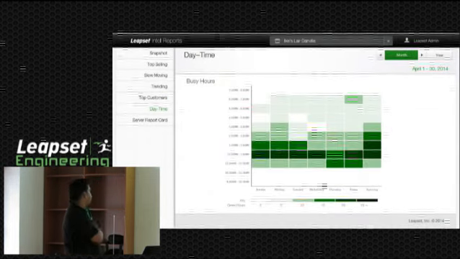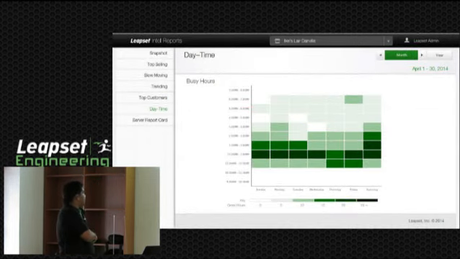And this is one of the daytime, busy hours feedback graphs. Here you can see the coloring is how many orders per hour for a particular day.